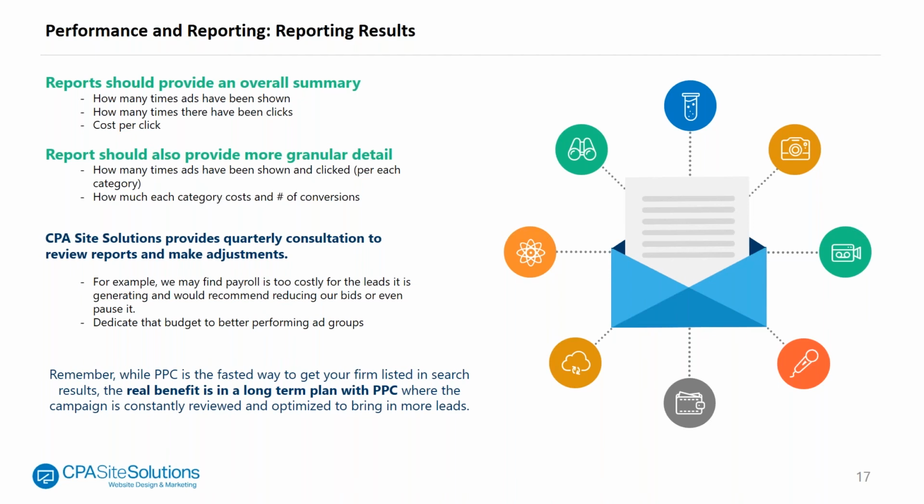I think another part to be conscious of, and this is all something we do as part of our services, is that you need to think of pay-per-click as not a short-term game. You can get returns on a quick basis, but we've always found that in those first 30 days, there's a lot of learning that occurs. Finding out what keywords are working with your target audience, what ads are working. And then a lot of your returns are seen after that first month, and that second month, that third month, and ongoing. That's when you start to see some real value and some real ROI from your campaigns,